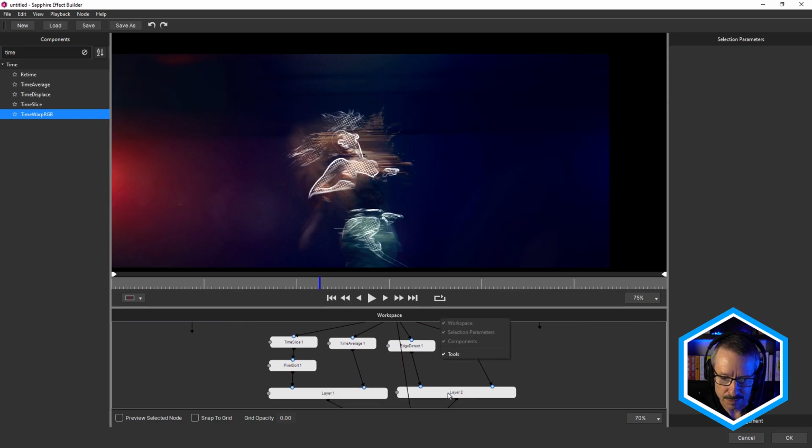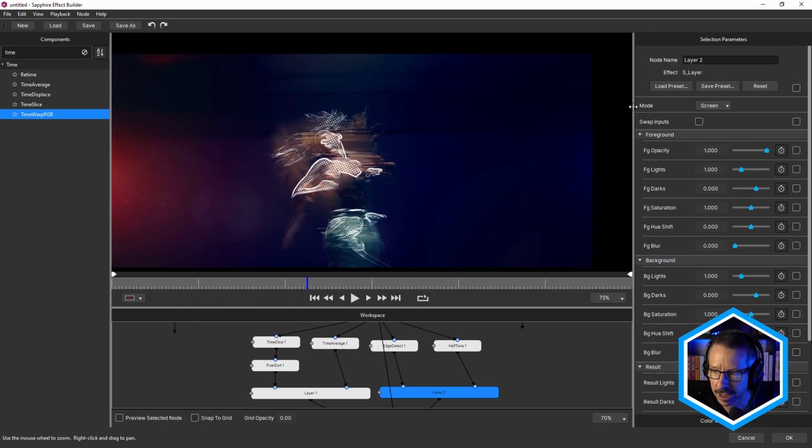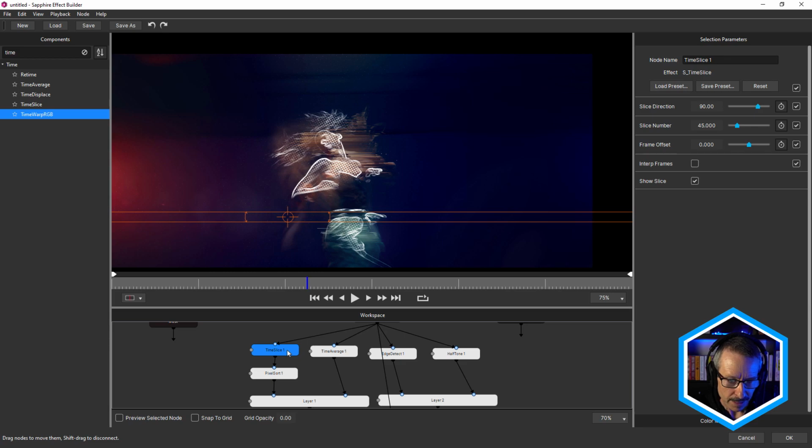Remember, previously we selected the layer nodes and we turned off the parameters for this effect just by clicking on this checkbox here. What I would generally do is, first of all, think about how maybe I could use the recently introduced parameter linking. And I did have a good think about it with this particular look, and there wasn't anything specific that I thought parameter linking might help with.